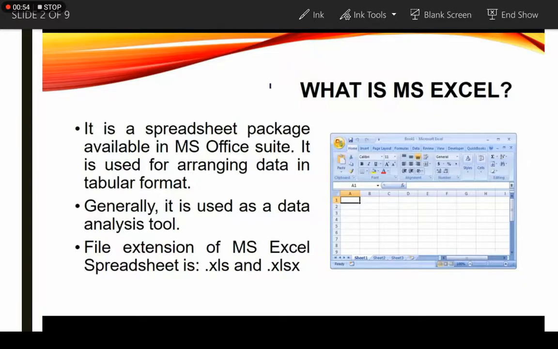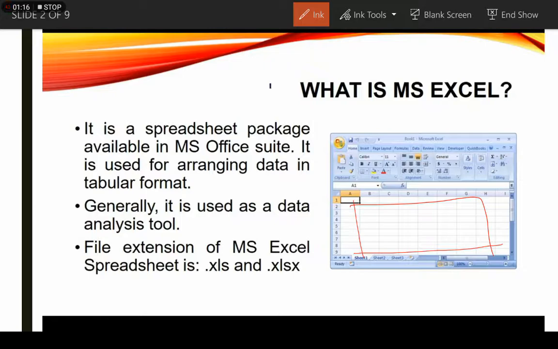So MS Excel is also a part of MS Office Suite. It is used for arranging data in tabular format.